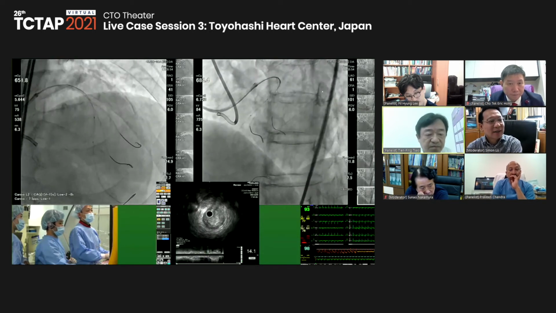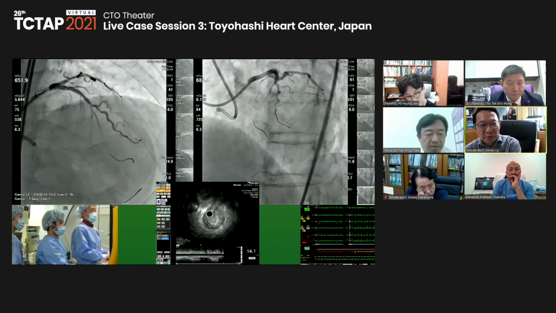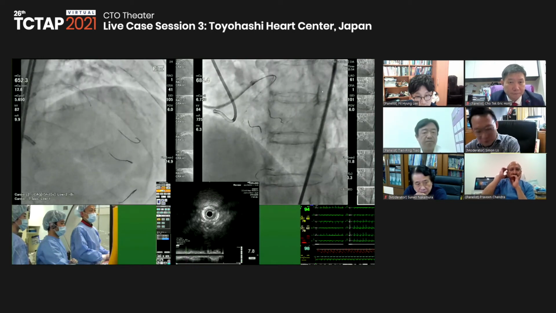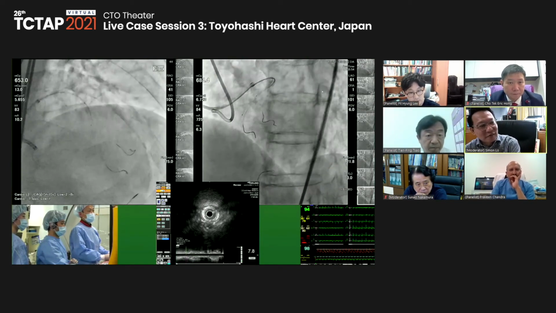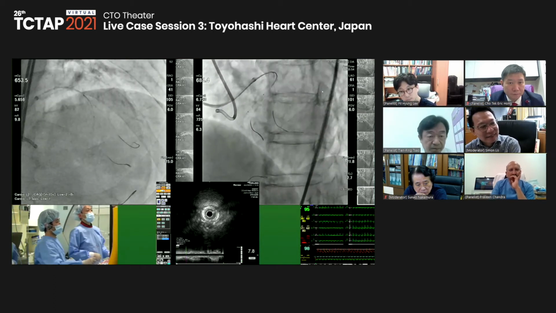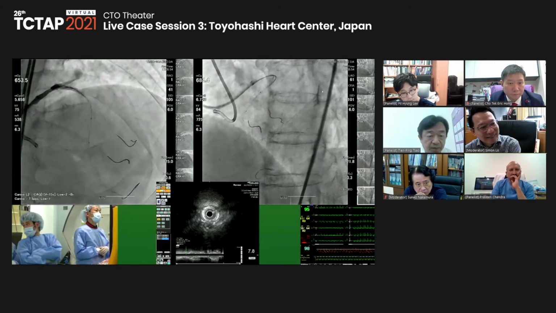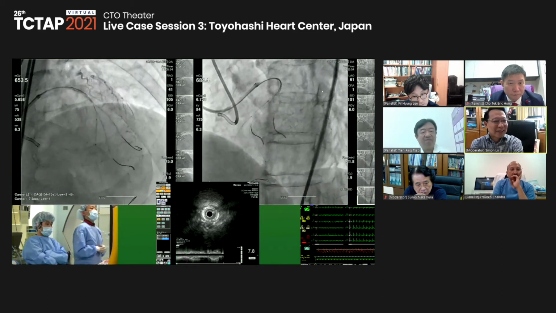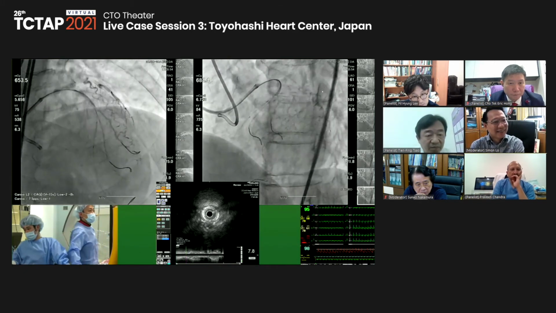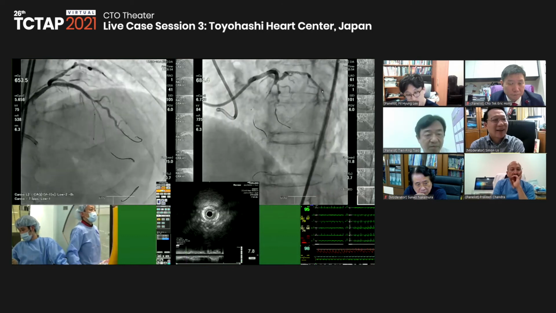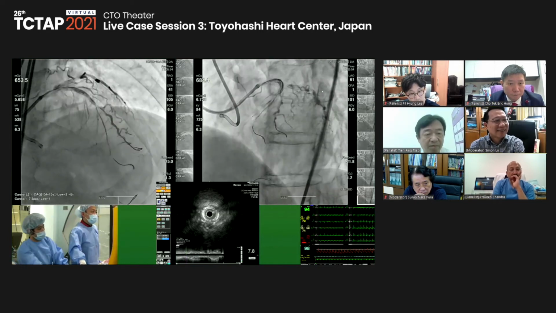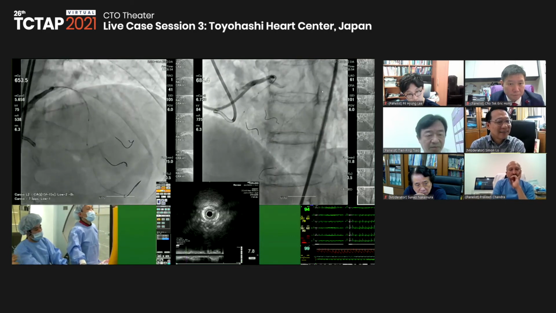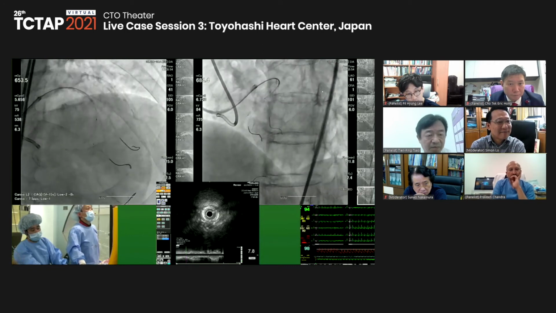Yes. Now, this is interesting because the ostium of the first diagonal does look very hazy. So would Dr. Nasu pre-dilate this first diagonal? Yeah, I'm wondering. I already dilated the second diagonal for sure. Yeah, it's a smaller diagonal. Anyway, I want to use the balloon protection for stenting for the first diagonal. So maybe I don't need to dilate it before stenting. But the size is maybe 3 or, but the length is 38 or 30 something, I guess.